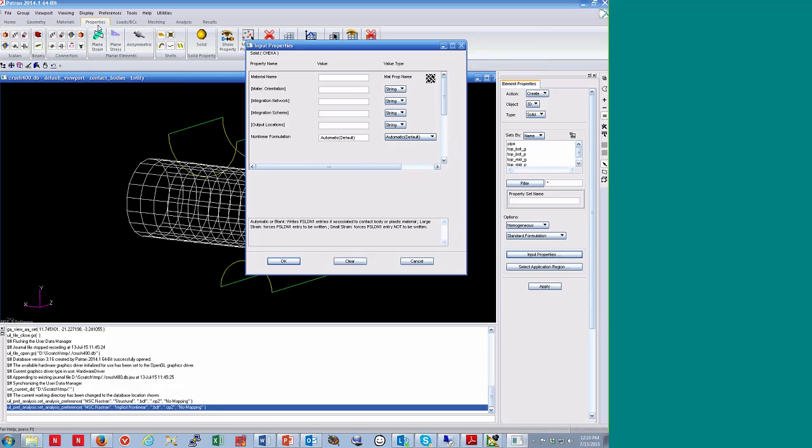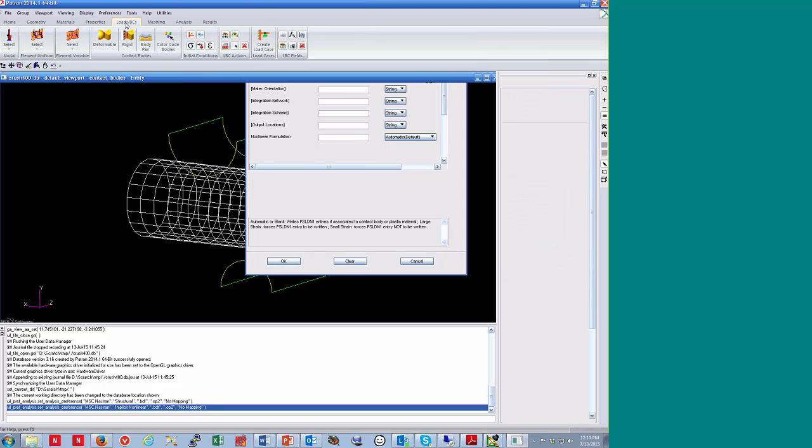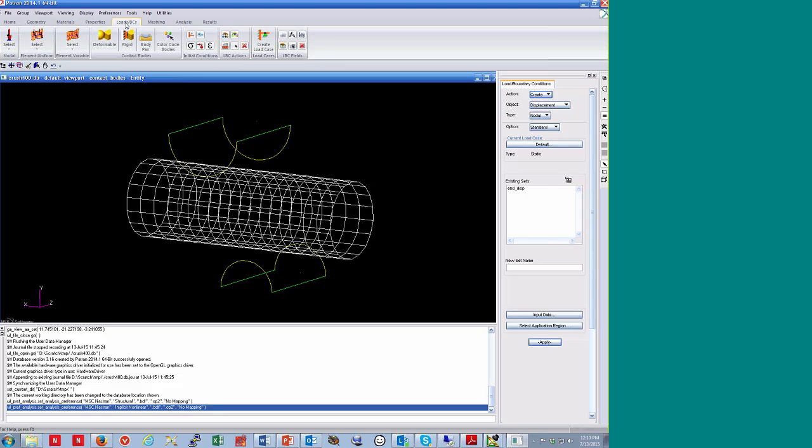Okay, and then moving on to the next item that you would define in setting up your analysis would be your loads and boundary conditions. Here we have combined all of the structural and the thermal loads. So you'll see your structural loads on top and your thermal loads down on the bottom, and contact is also defined here. So these are all within the same preference,